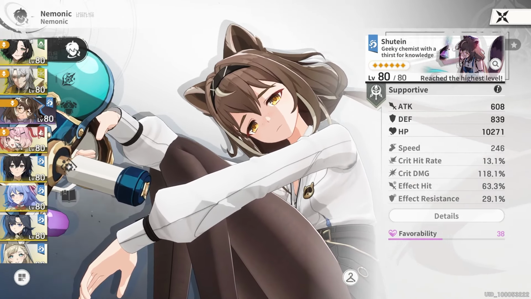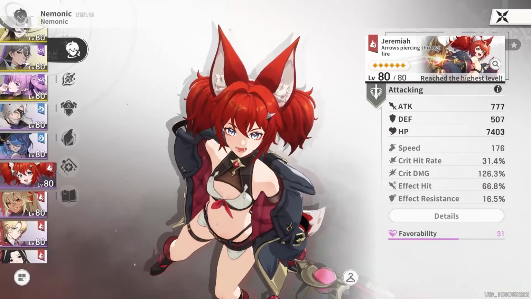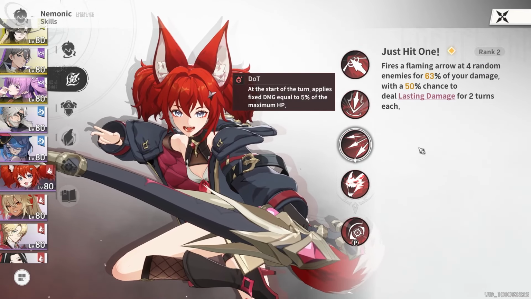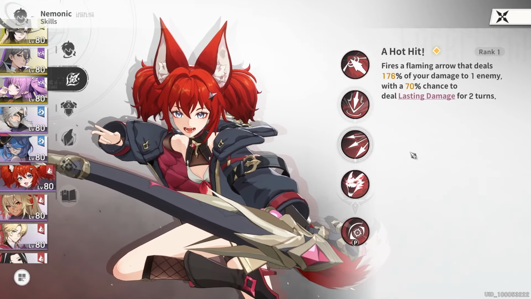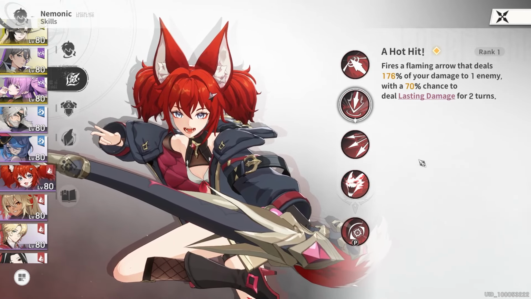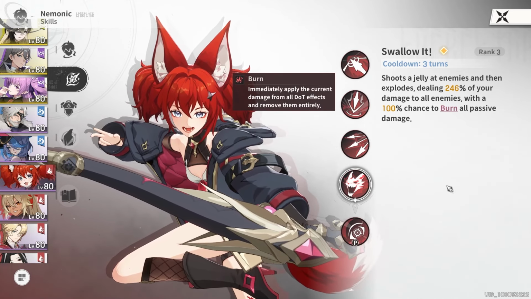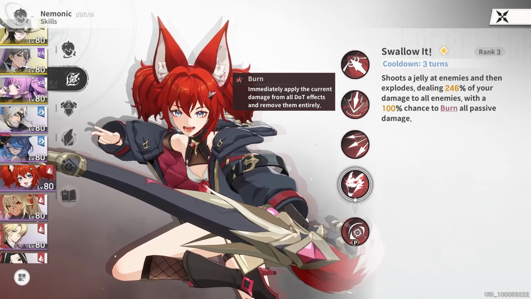buff active. And another very popular unit to combo her with will be Jeremiah. So first of all, her 1st and 2nd skills also have a dot. The dot works the same on her as well, scales with her attack. So it's a really good option when you're countering bosses where you want to stack a lot of dots. With her third skill, she's also able to burn the dots, which means that she will do damage. Essentially, she will consume all of the dots, and she will do damage equal to how much those dots would